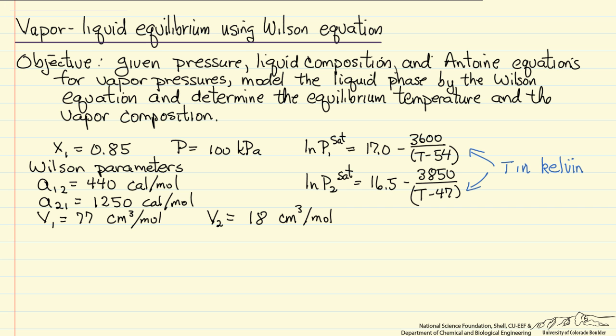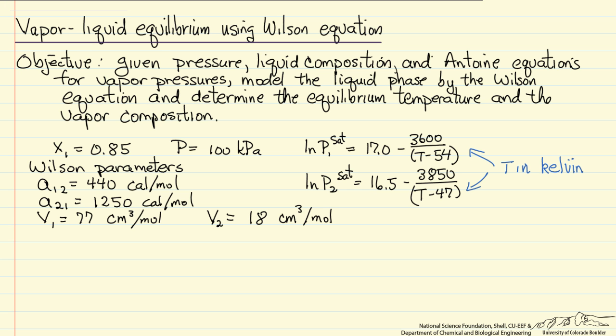And this is an equation that assumes the local compositions can be different from the bulk compositions, and for a number of liquids is a good fit. So what we're going to do is write down the equations. You'll see that the relationship between the Wilson equation and the modified Raoult's law is such that we really want to solve this numerically. And so what I'm going to do is list the equations that we need to solve